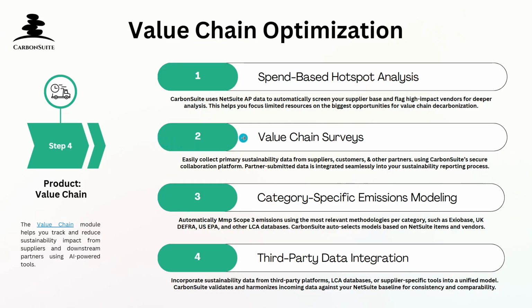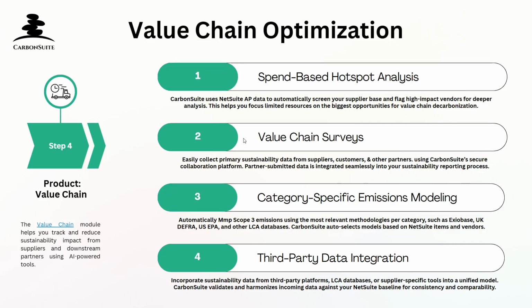This is a step that allows you to actually collect primary sustainability data from your suppliers as opposed to just the spend-based analysis. A couple of videos ago, we looked at the corporate carbon accounting module, and you have a few different ways to collect activity data using that module. You can either get it from AI scanning the PDFs, or you can estimate it from the spend or the quantity from the NetSuite transactions. But a lot of times suppliers just aren't sophisticated enough to provide that information, or maybe